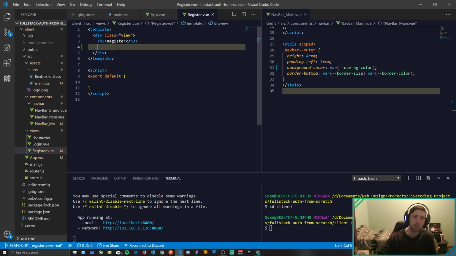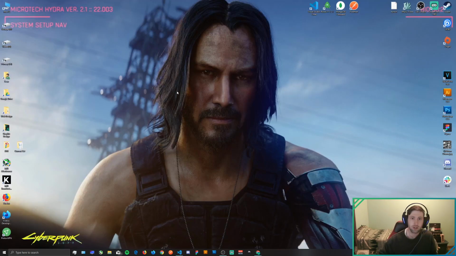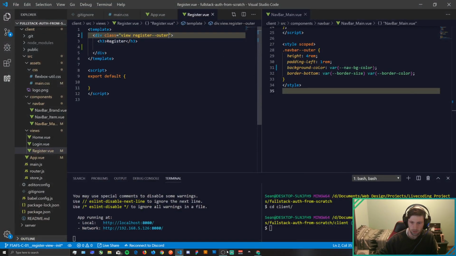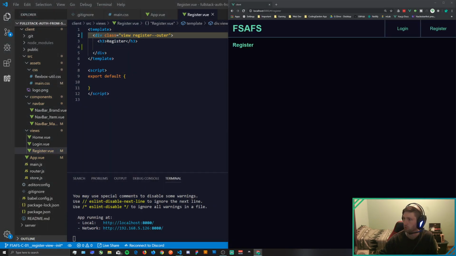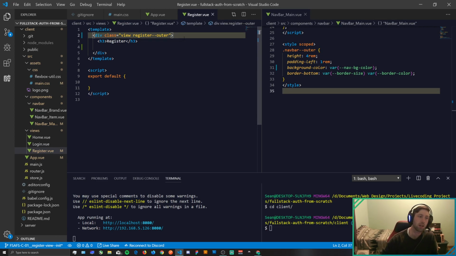Okay, so register view. Let's get started on this. So I want to give this div, this main outer div, a class of register dash dash outer. Oops. Everything just got minimized. That was strange. Sorry about that. Okay. Register outer, and then inside of that, what I'm going to do is